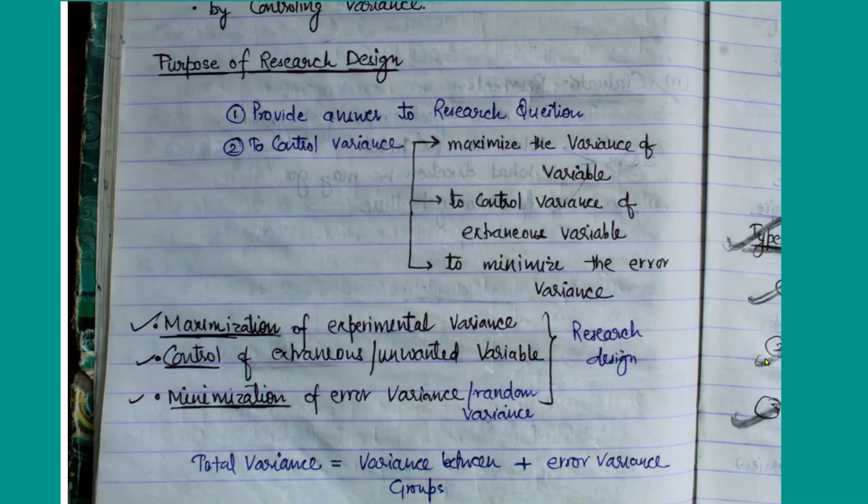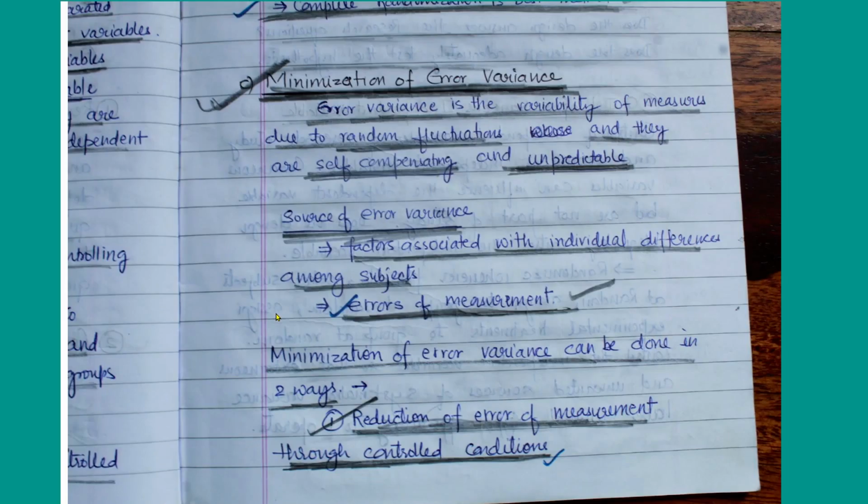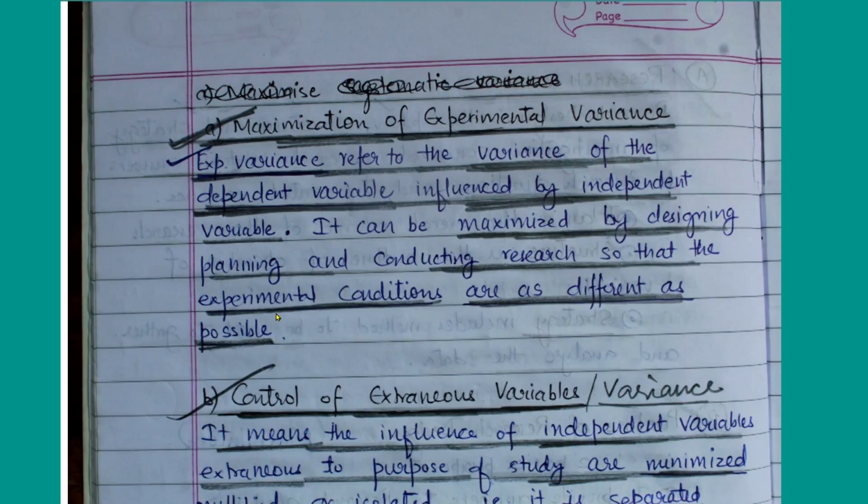For the time being, the part which I have shown you is very important: criteria of research design, purpose of research design, max min con principle, experimental variance, extraneous variance, error variance, and how they are being controlled. Internal validity, external validity, how you will enhance internal validity and external validity, we will look into when we cover reliability and validity also. So today we have studied a very important topic, research design. You will get an idea, and anytime you are free, feel free to ask questions.